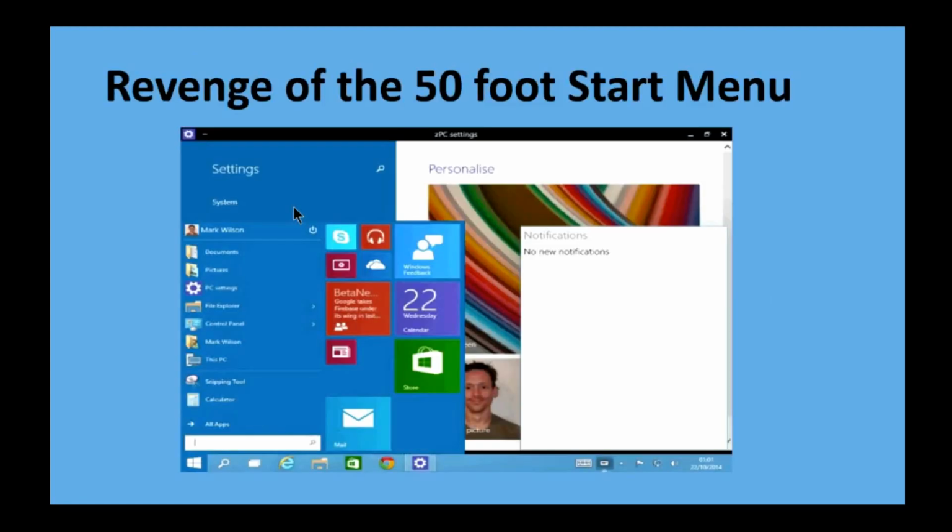So what else do I have? A lot of you guys didn't like the Metro apps menu. So Microsoft is fixing all you folks. They're coming back with what I call the 50-foot start menu. You remember the Revenge of the 50-Foot Woman or whatever those movies were, right? So what they did is, instead of having just this, now they give you this extra stuff, right?